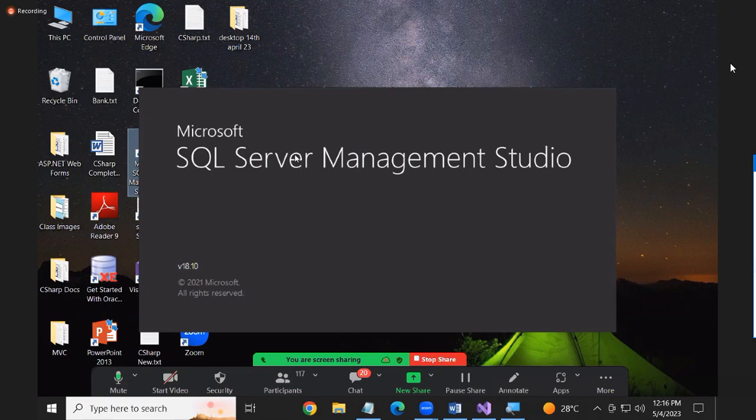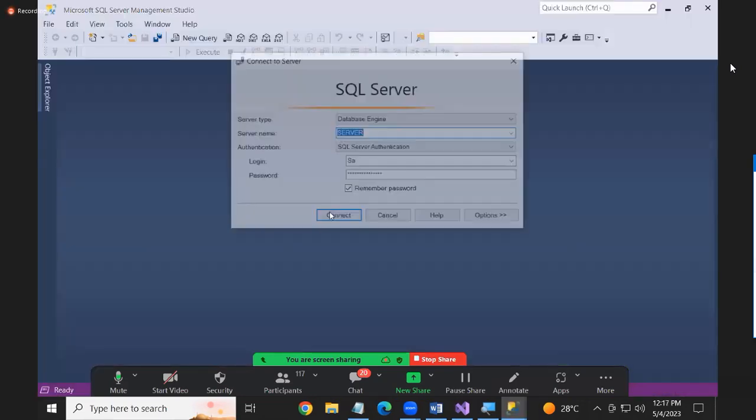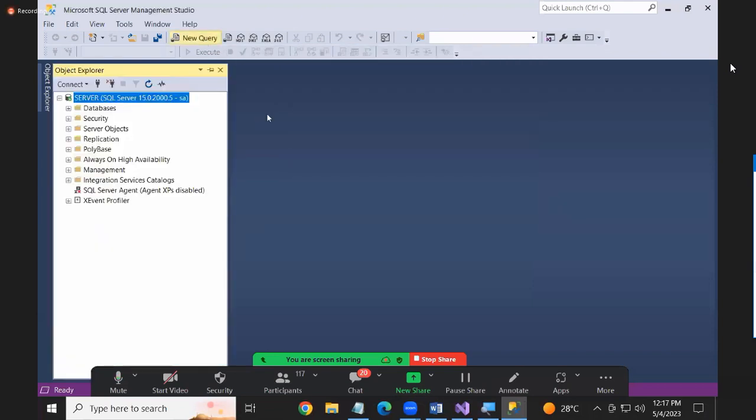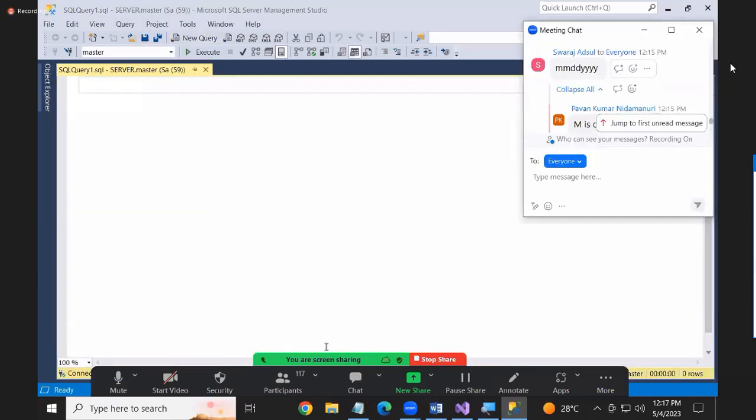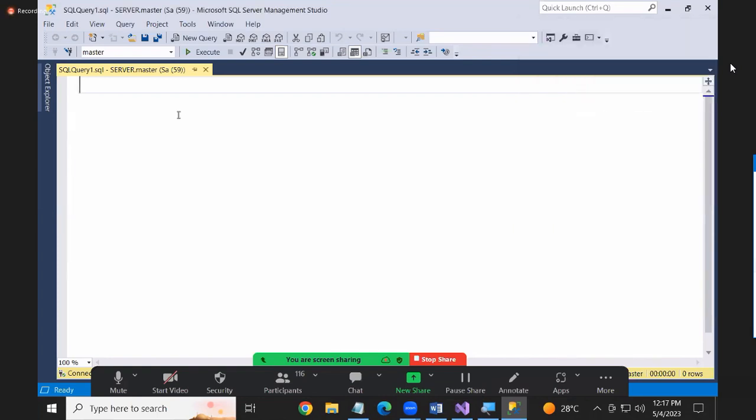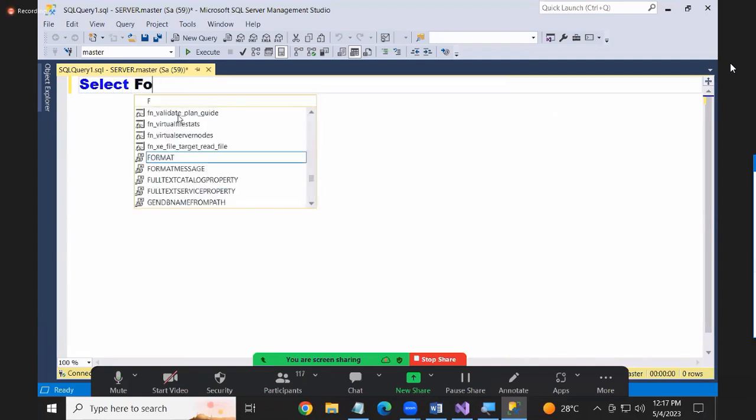By using the format function, we can get the data in the format we want. Yeah, watch. Select format of